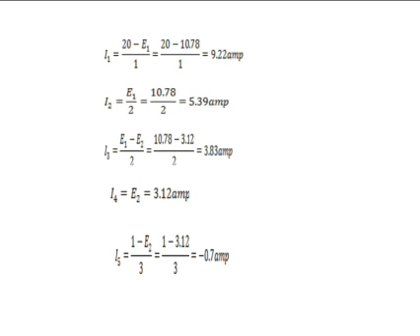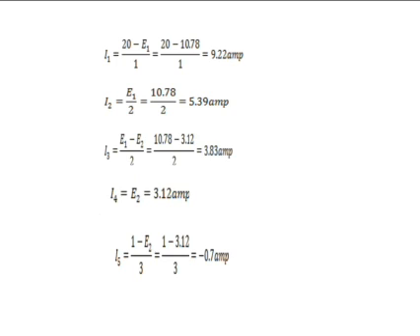The same thing, I2 equals E1 minus E0 divided by 2. But E0 equals 0 volts; it is a reference voltage. So I2 equals E1 divided by 2, that's 10.78 divided by 2, which equals 5.39 amps. The same thing, I3 equals E1 minus E2 divided by 2, 10.78 minus 3.12 divided by 2,